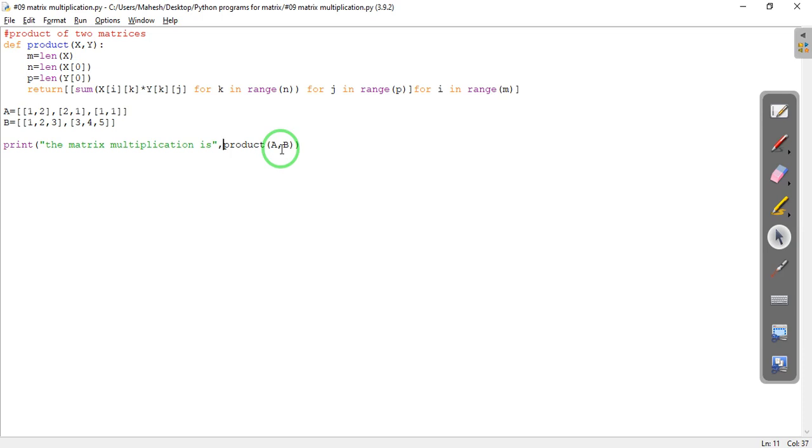With this we are done with matrix multiplication operations. We have written a program for multiplication of 2 matrices. As an exercise, you can ask the user to give the inputs for a matrix, like the number of rows and number of columns. Tell the user to enter the entries, then do the product and give the user the answer of that product. That exercise you can follow. So that's it for today's program, the product of 2 matrices.